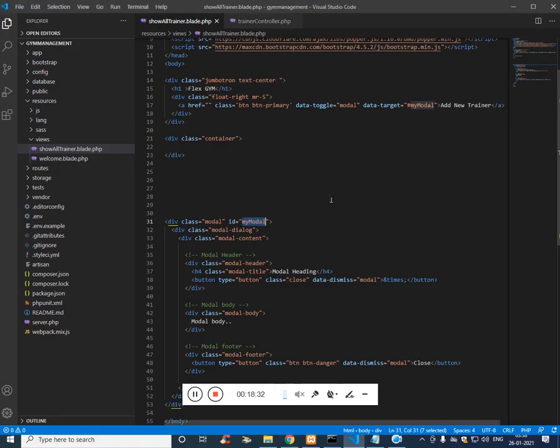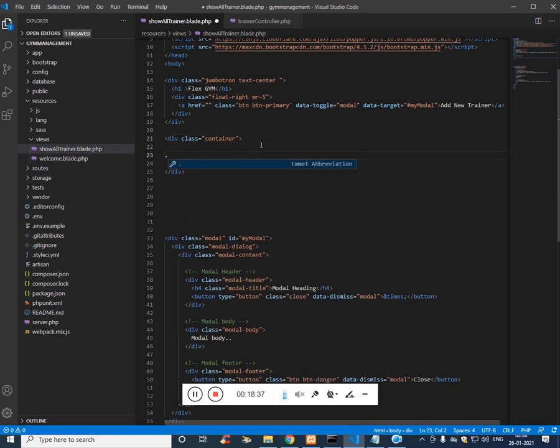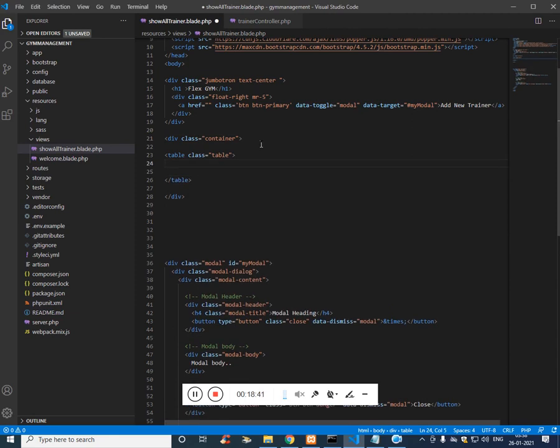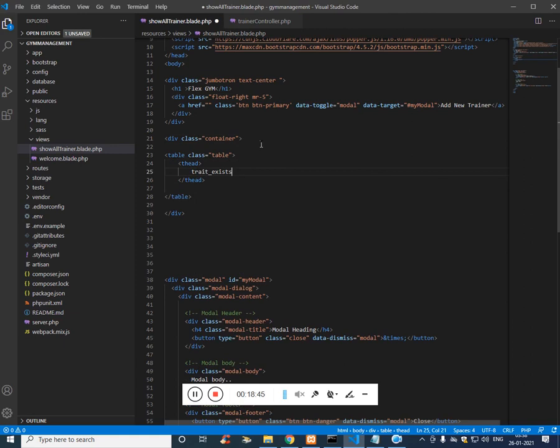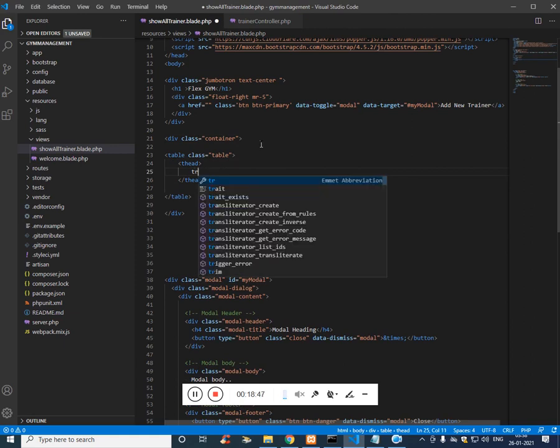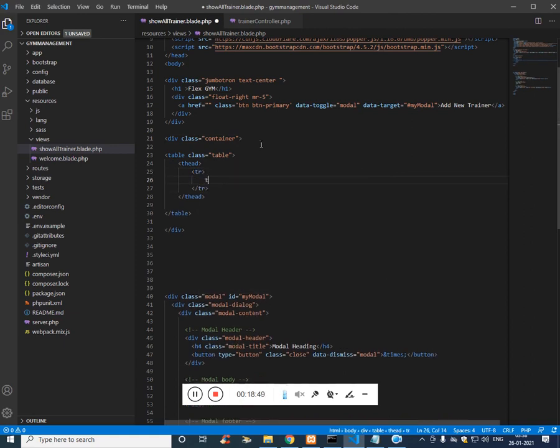Fine. Now let's add a table with class table, and we have table head, table row. The table row will have table data.